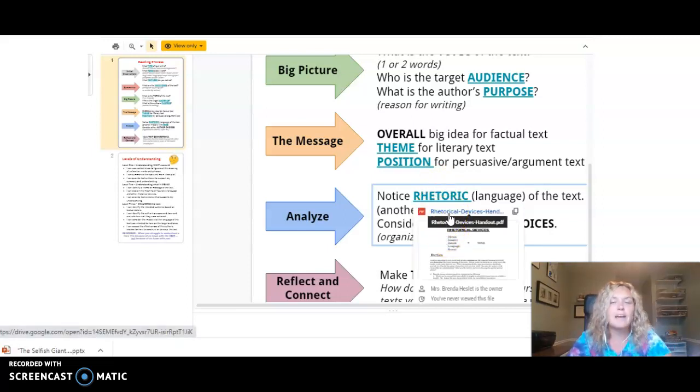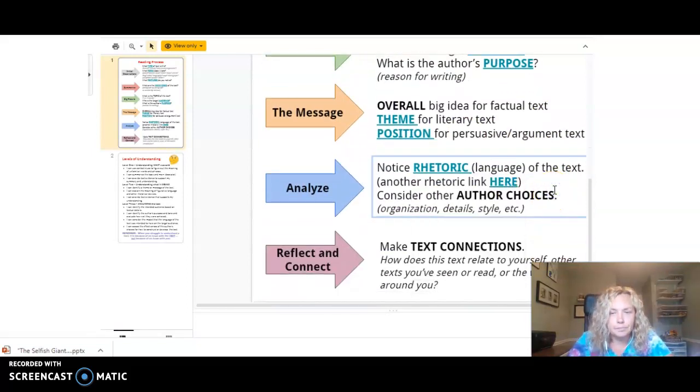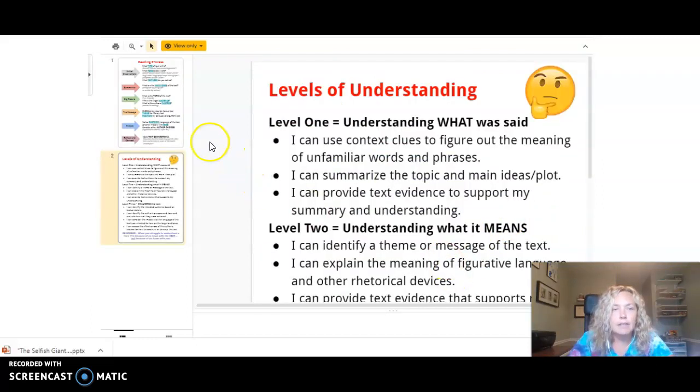Here's a page on rhetorical devices. Okay. And think about the author's choices. Think about how the author is introducing this information and when and why. Okay? And finally,